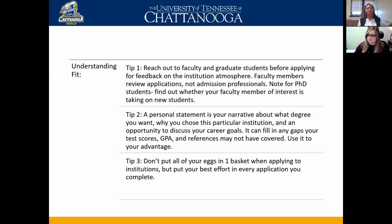I also like to let students know, don't put all your eggs in one basket. It is great to have a dream school, but it's also important to understand that some schools have a capacity. So maybe your dream school gets an average of 2,000 applications, but they only have 25 spots. What are you going to do? You don't want to pigeonhole yourself into saying, if I don't get into this school, I don't know what I'm going to do. So it's always best to have maybe a top 5 schools that you want to apply for,